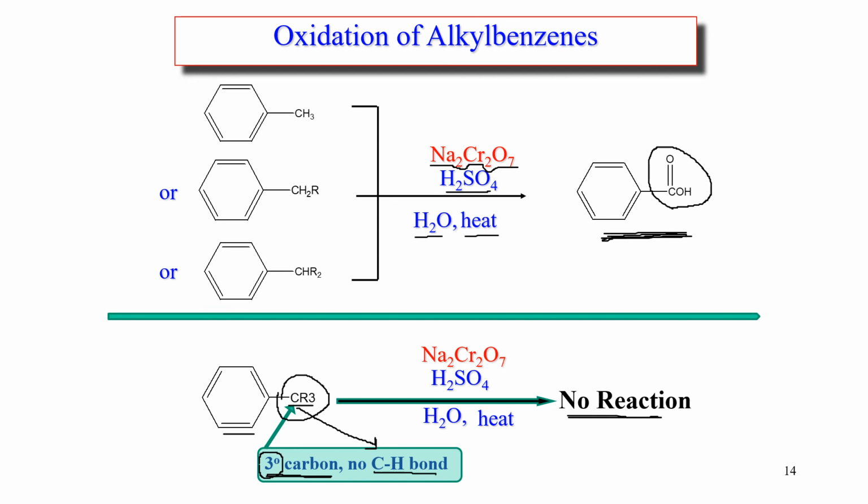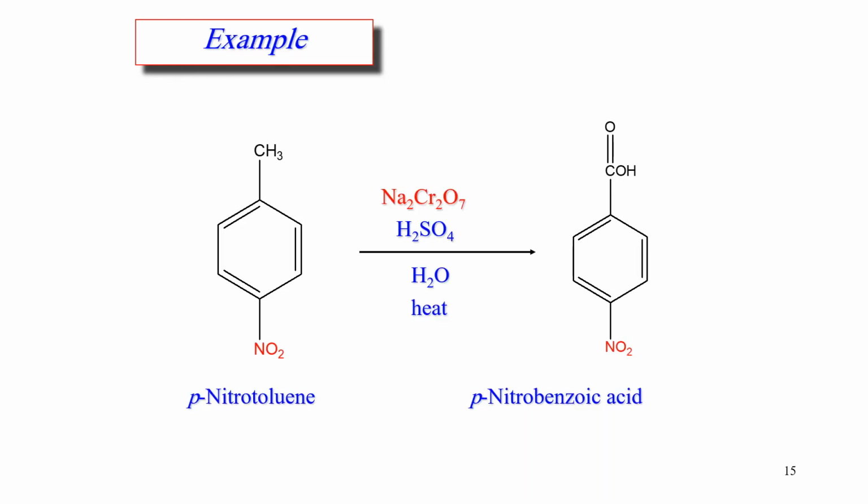That is the important thing to remember, even if we provide all of the factors that we usually provide for the oxidation. So we have a couple of examples of this oxidation of the alkyl benzenes. To remember again something from the previous slides, this molecule, which has a benzene attached with a methyl group, has a common name known as toluene, and this one also has a nitro group. So this one is called